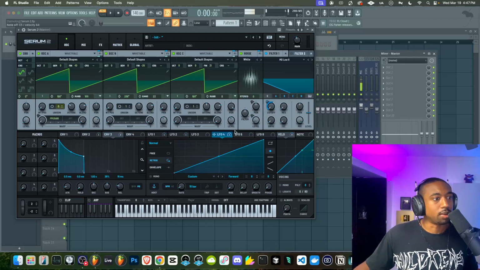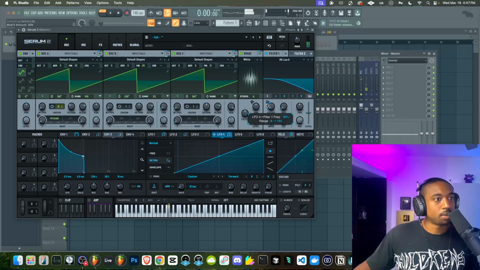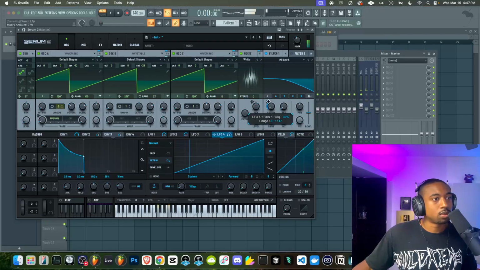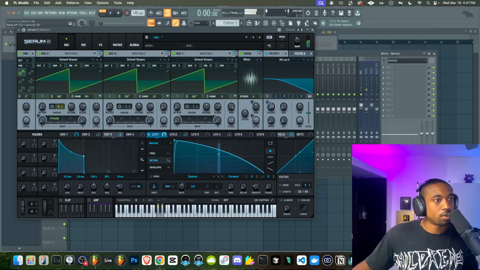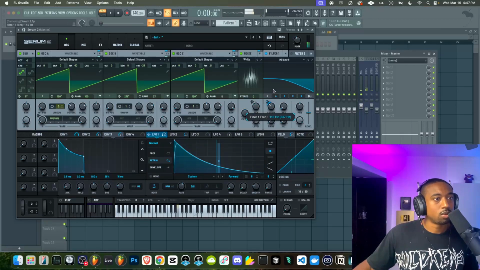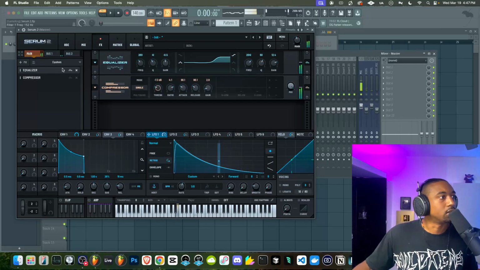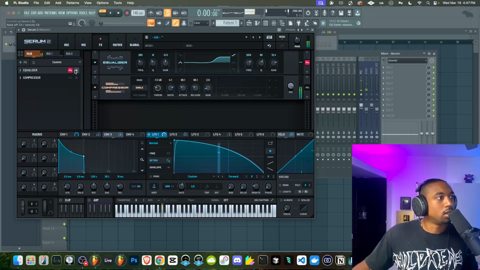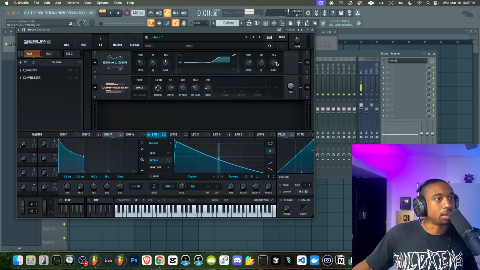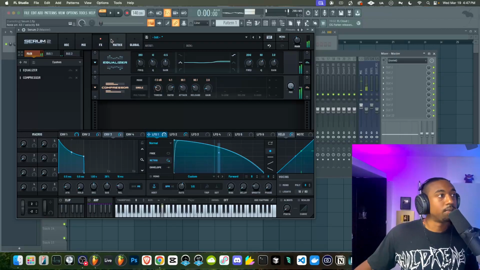So it's still super bright. We've got to figure out why it's so bright. I think it's that EQ making it super bright. Yeah, let's pull this EQ back. I forgot we had it at 12 dB. Let's just do 3.